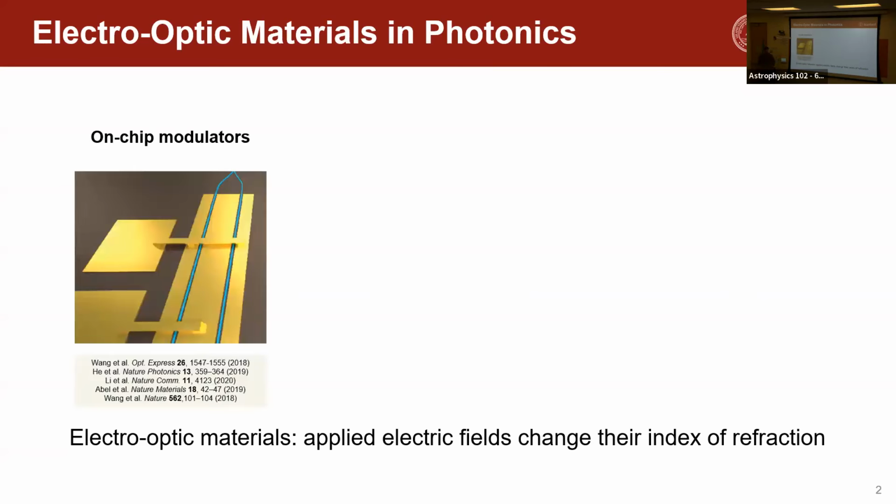For example, you can think of making on-chip modulators where you have a confined mode in a waveguide split into two branches, and then use the electro-optic effect to change the effective index of the two branches independently, such that beams going through the two branches pick up different phases. When they're recombined, they either constructively or destructively interfere, giving you an on-chip voltage-tunable switch.